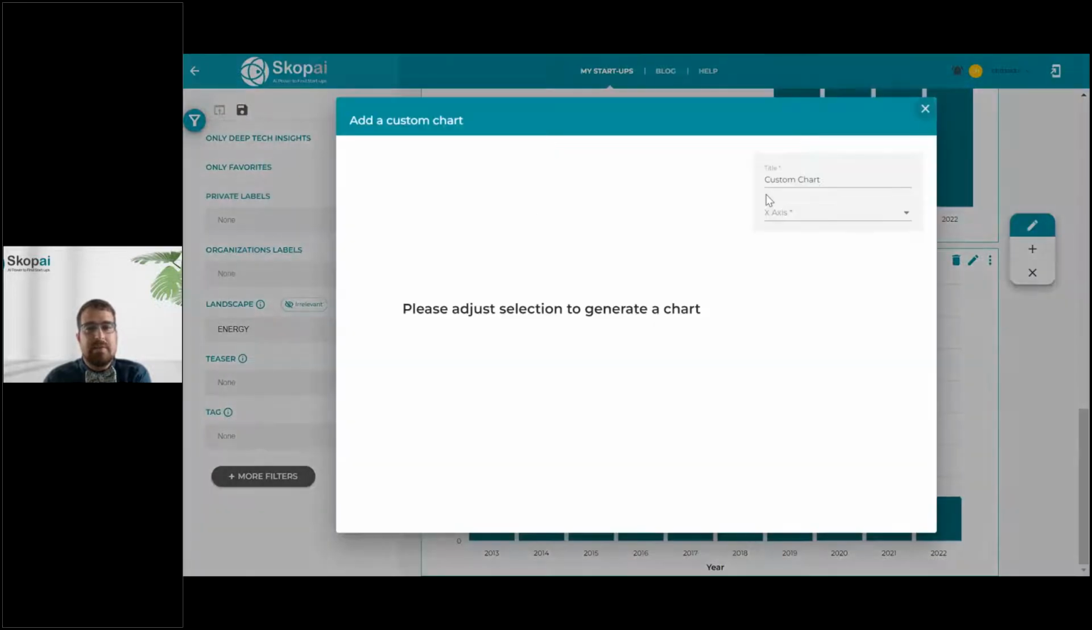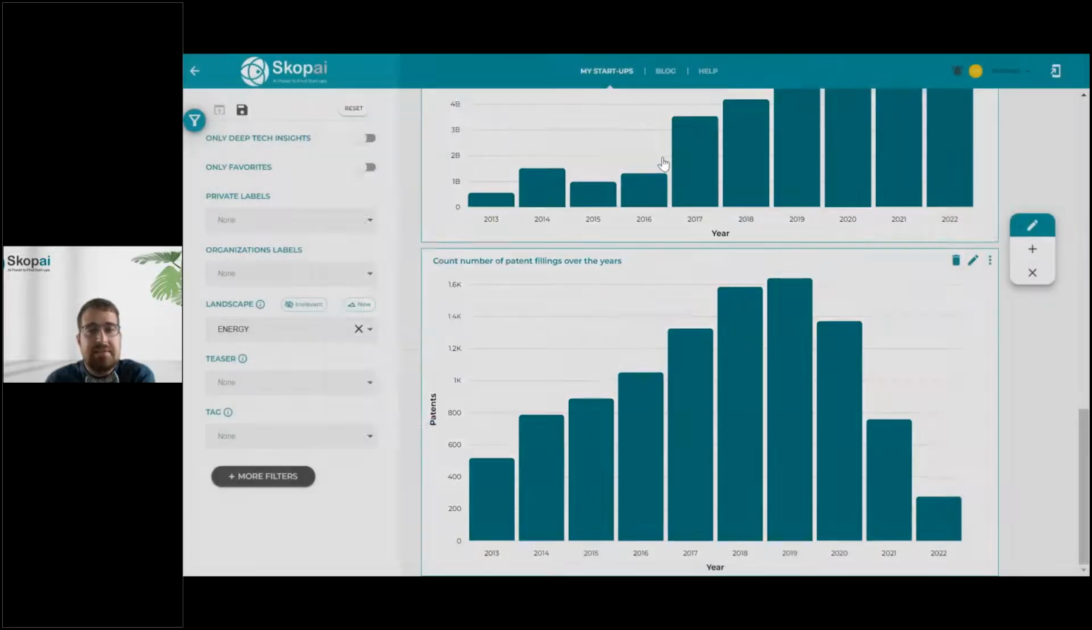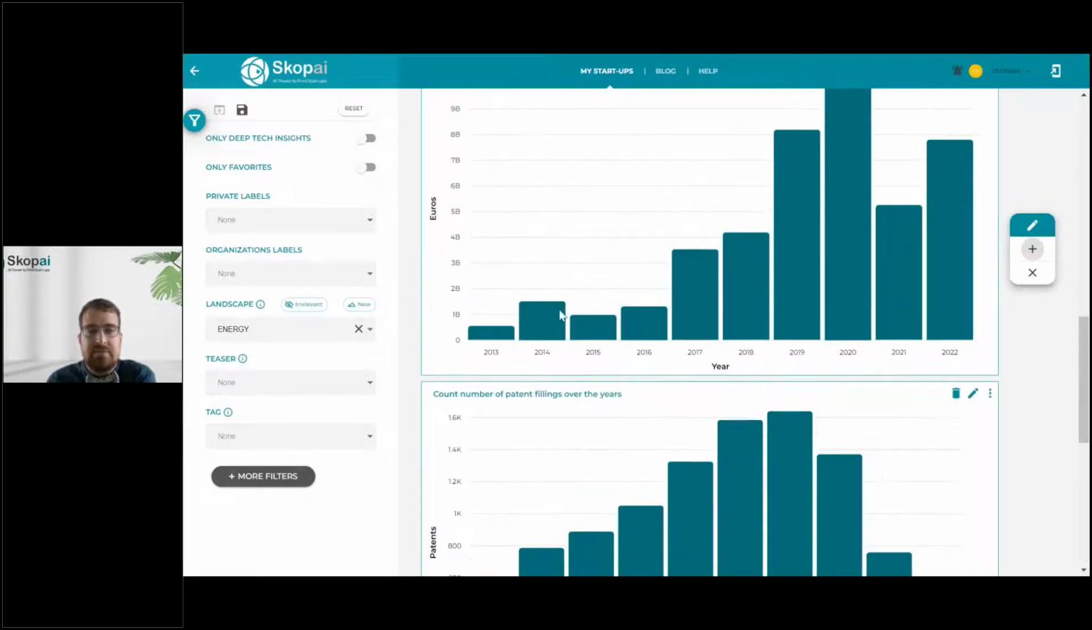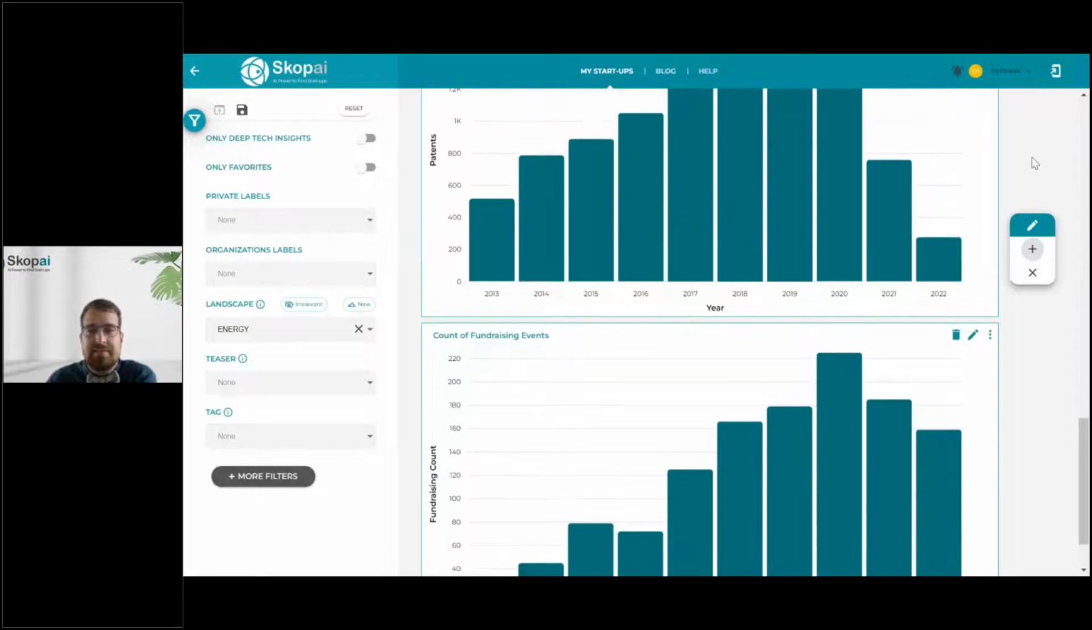So earlier we could see that we had the total fundraising, but let's try a count of fundraising events. On the x-axis, we will have the event date, fundraising, and we will just click count. And what that does is creates the chart for us. And we can go ahead and save that. And now it's going to be saved into our charts we can see in the future. So we can see the count of fundraising events versus the total fundraising over the years, and see that there might have been less, but